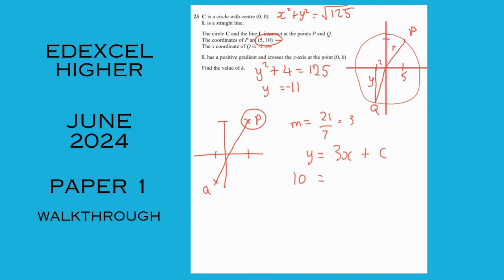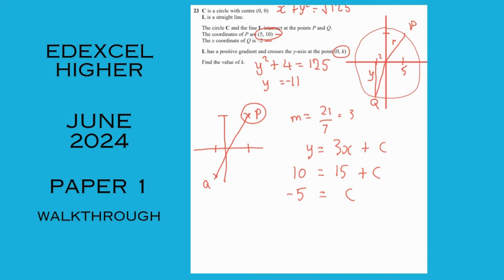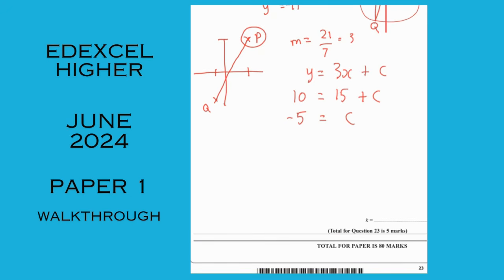So replace y with 10, replace x with 5, subtracting 15, and it would have worked for Q. I just avoided it because of negatives. Taking away 15 from both sides means that the intercept would be negative 5. They happen to call the intercept k. At the end of the day,